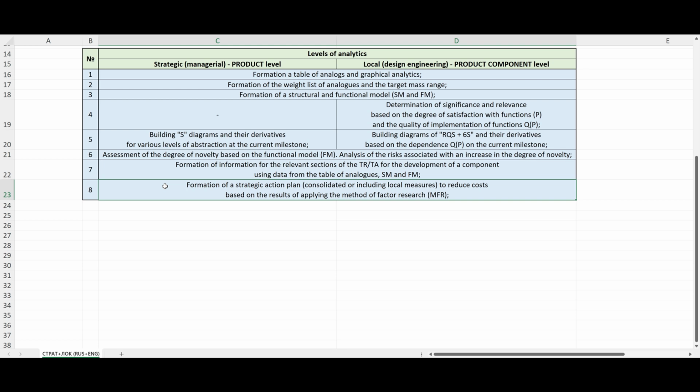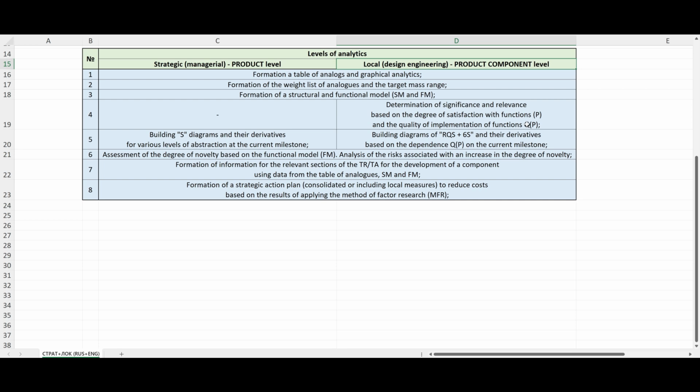Value analysis and value design engineering can be attributed to direct design engineering tools for designing, making design decisions, and the local management of direct costs for a product. It is used to support design within the framework of the activities of the chief designer and the design department, through which the following functions can be implemented